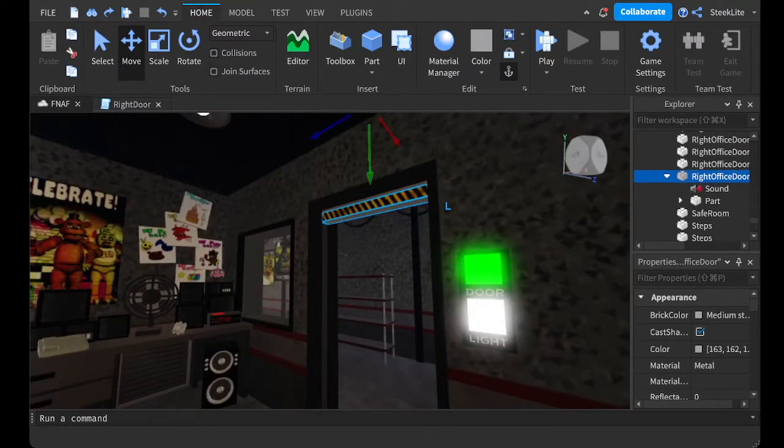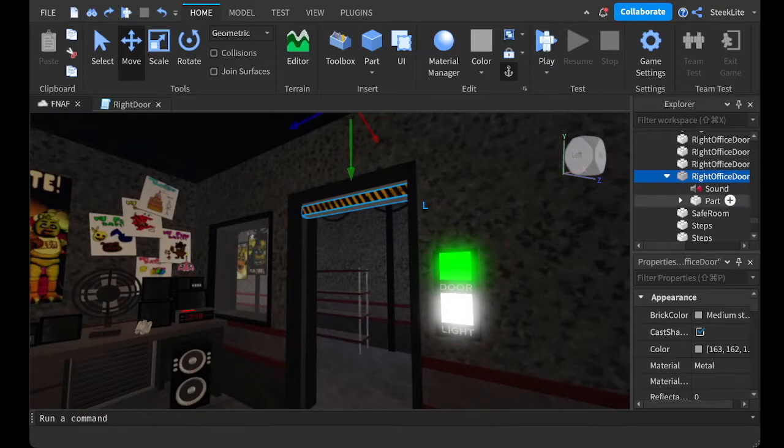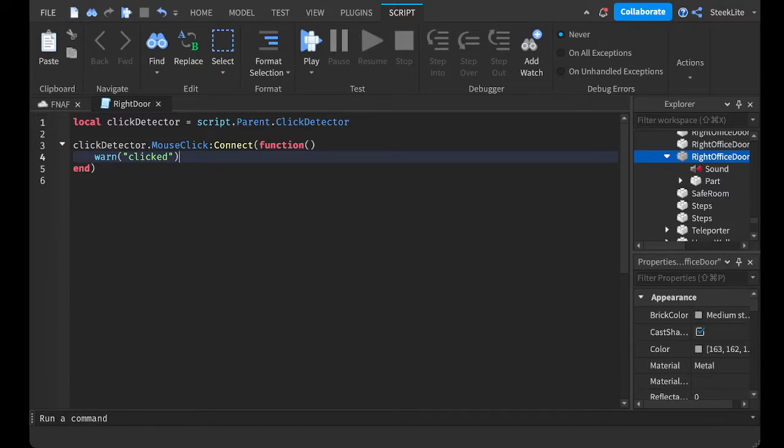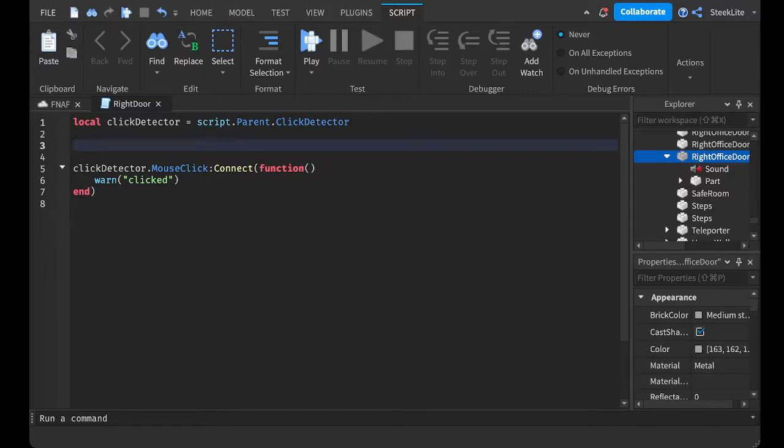So to do that, we just need to get the door and then just basically move its position down. So what I'm gonna do here is, I don't know the path to this. I could probably check, but there's so much stuff in here. So I'm just gonna do this through a script. So we'll say